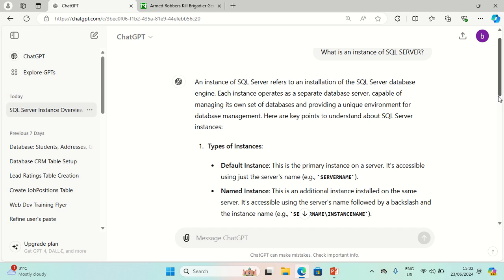Number one, types of instances. You have the default instance. This is the primary instance of the server. It's accessible using just the server's name. For example, if you look at